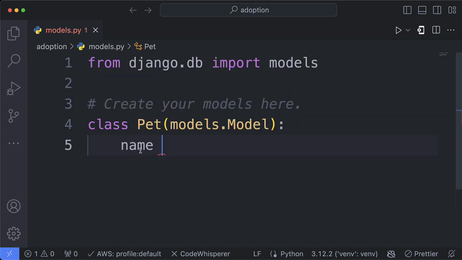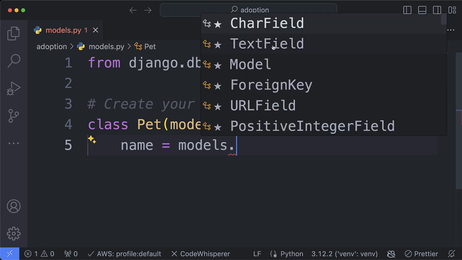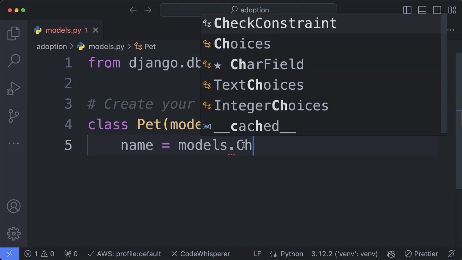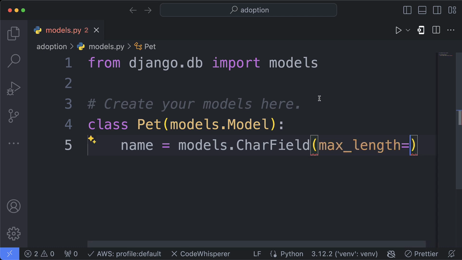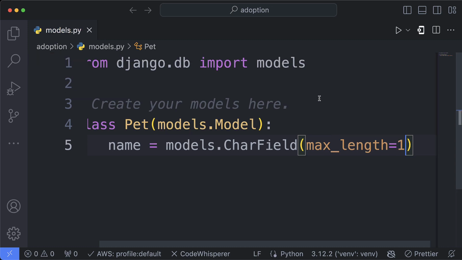So for each pet, we have properties, we have fields. In this case, the first field is going to be a name. Now I'm going to set up here what type this field is going to be. Well, the idea here is that we need to mimic a model that Django understands. And Django already comes with field types that we can attach these attributes to. So look at how easy this is. I'm going to say models.CharField. So you can see if I say dot, there's TextField, CharField, ForeignKey, and all of these different fields and so forth, right? In this case, I just want a CharField, a field of characters that users can add information into. Now I'm going to pass here a max_length. This is very important because we don't want to be attacked by malicious software out there that will end up overloading our field, right? So we can say the max_length is going to be 100 for the name field